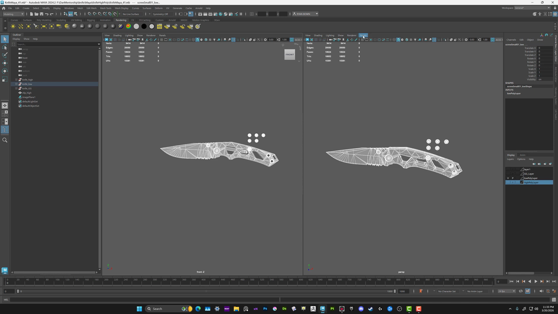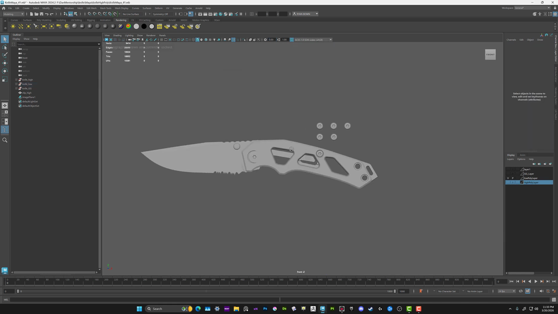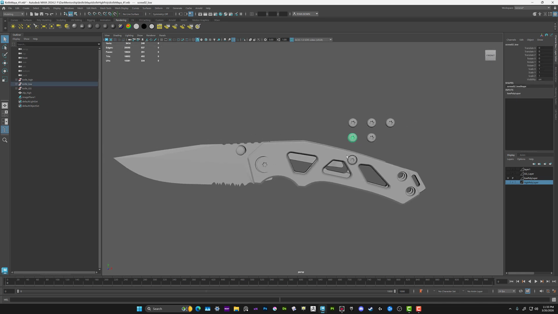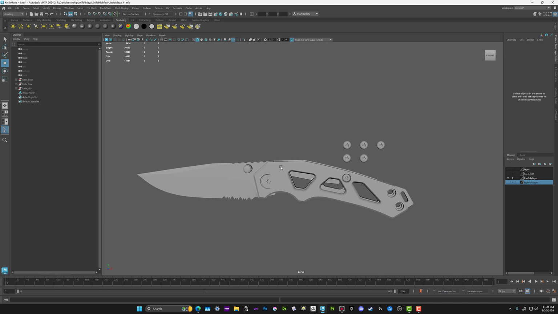Just so you guys can see, let's go to panel and go UV layout, and you can see the UV pack again. So these parts here, just to make it easy, I just duplicated this screw and then moved them up to match where the high polys are, because they all have unique UVs, but they don't actually have to be in place while they're baked. Okay, so now that you have your high poly and low poly matched up, UVs are good,